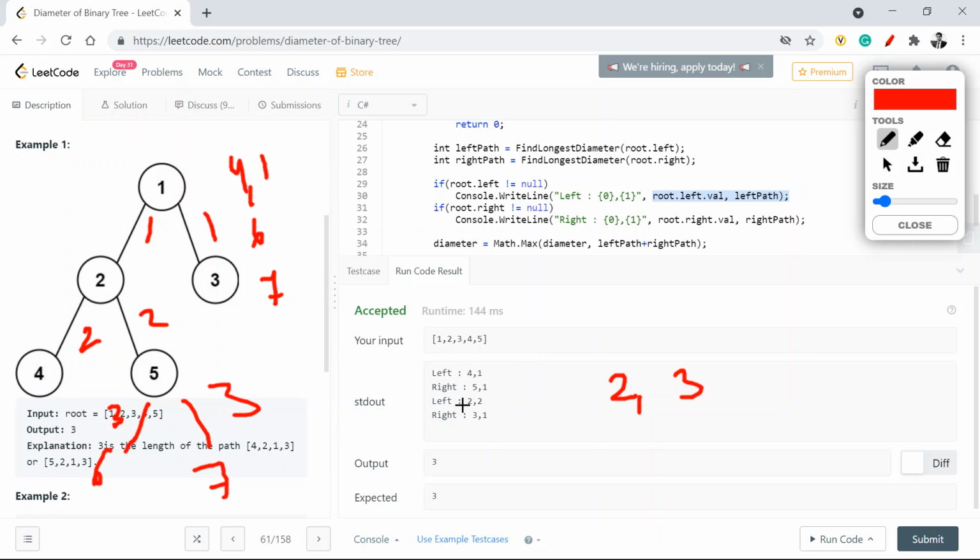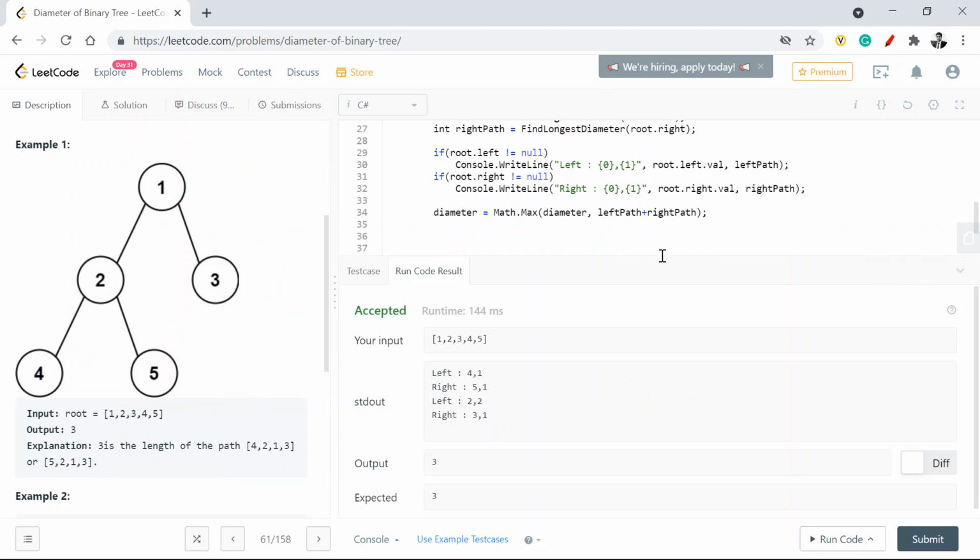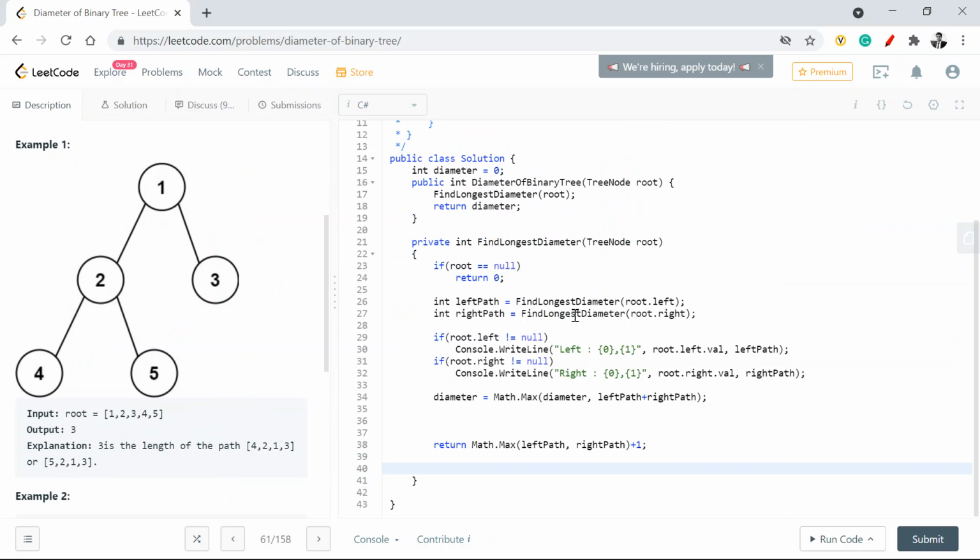Ultimately what is happening is I'm adding the left node and the child node, whichever is maximum. So left and right maximum is 2 plus 1, which is equal to 3, and that's what I'm returning, right? So that's the trick here. I hope you have understood it. Mostly it's about trying to grasp how it is going to work. It's a pure vanilla recursive problem. More than a DFS approach, I'd say it's more of a recursion.